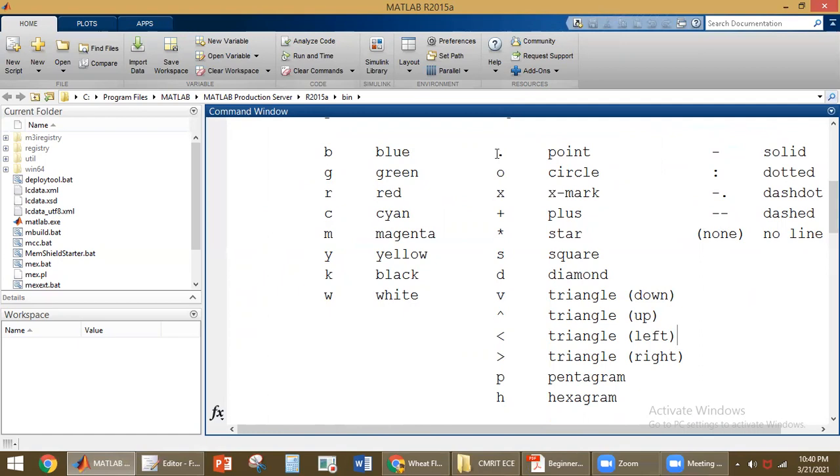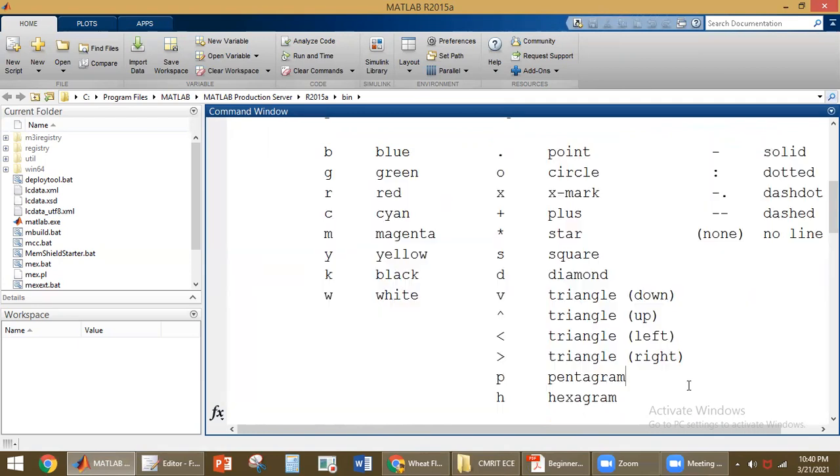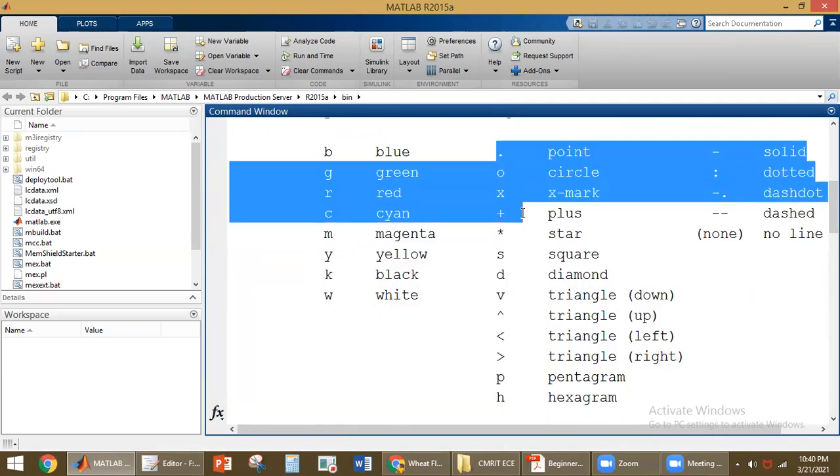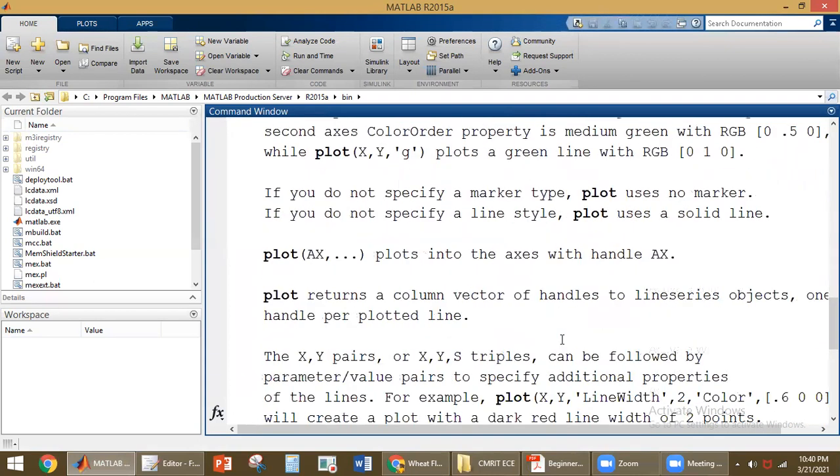And we can also plot in different patterns. This means the graph can be represented with points, or with circles. Like this we can have different patterns here, as denoted here. So like this we can plot the graph.